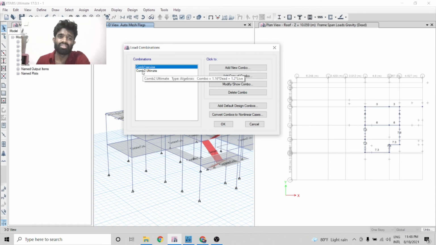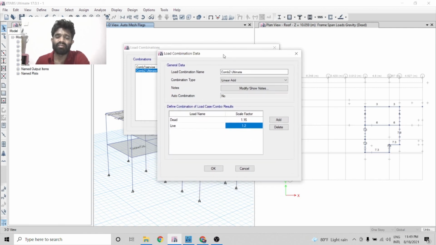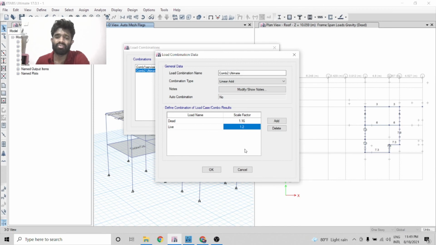That is because service loads are coming from this combination, and the foundation reactions will be found using this combination. And I used another combination named Ultimate. When I go to Modify/Show Combination, I can see what safety factors I have used here. According to the code, I have to use a 1.4 safety factor for dead loads and a 1.6 safety factor for live loads. But here, when we consider this type of simple house design, we use brick loads, and although we didn't